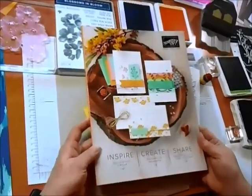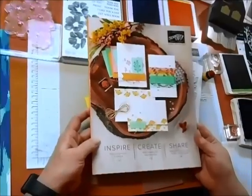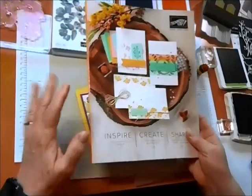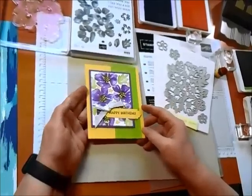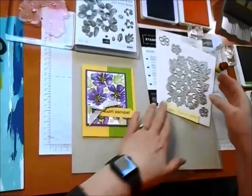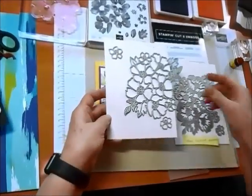Well, here it is, the brand new catalog, and everything that you're seeing today comes from this catalog. I hope you have so much fun. So get that wish list ready and start writing. The first card I want to show you is this beautiful floral card. It comes from Blossoms in Bloom, and it has a matching die set, and this die set has two different